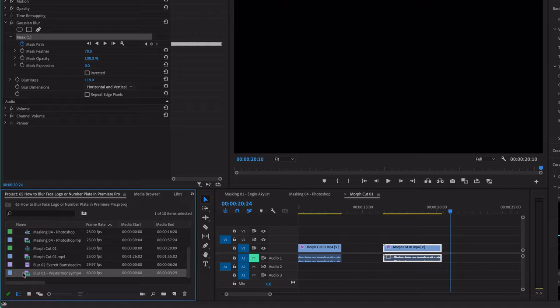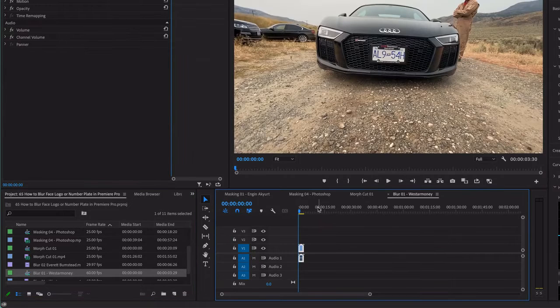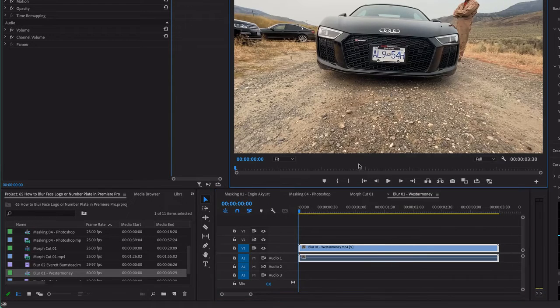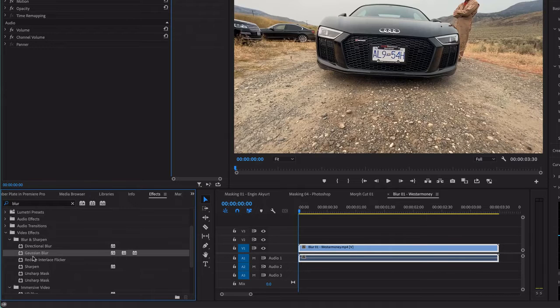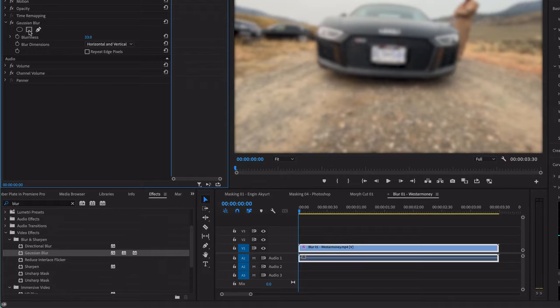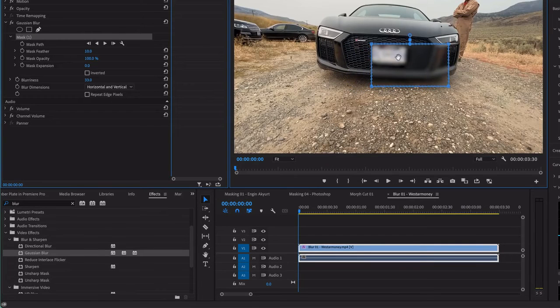Let's start with blur 1. Let's make a sequence from it. You'll see that it is LDR8, which is pretty nice. I'm gonna use my / key to fill up the little line down here, and it's basically the same. In my effects panel, I go to Gaussian blur, drag it on, crank it up, make it a rectangle, because number plates are rectangles, get it close to the sides, big enough, there we go,